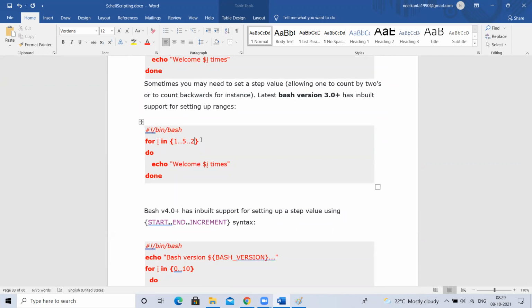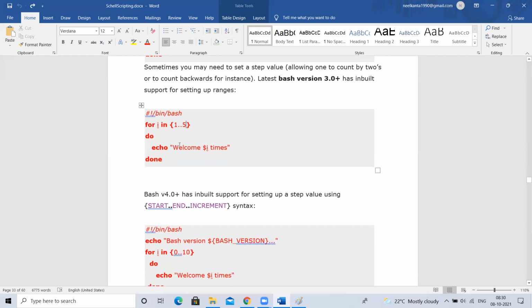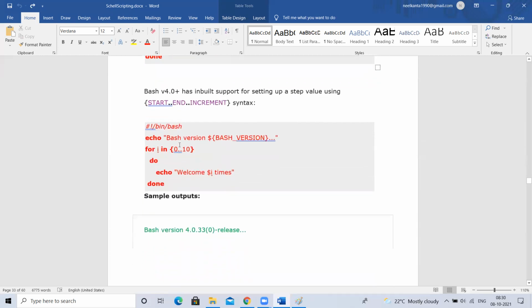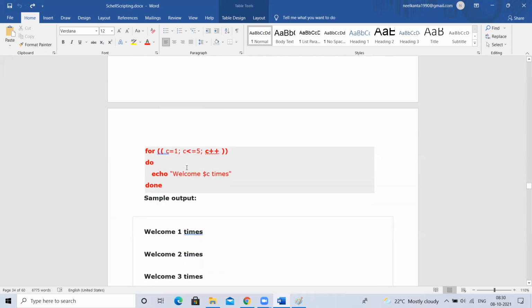For example, you give 100 here, 1 to 100, but not continuously. It is going to print step by step, skipping 2, so 1, 3, like that. I'll show you this. So like this we can skip, but this is only for numbers, incremental. For decremental, it is not possible. If I want to come from 100 to 10, or 100 to 1, it's not possible. Only increment is available. Okay, fine. Next. Now we'll execute all at once.